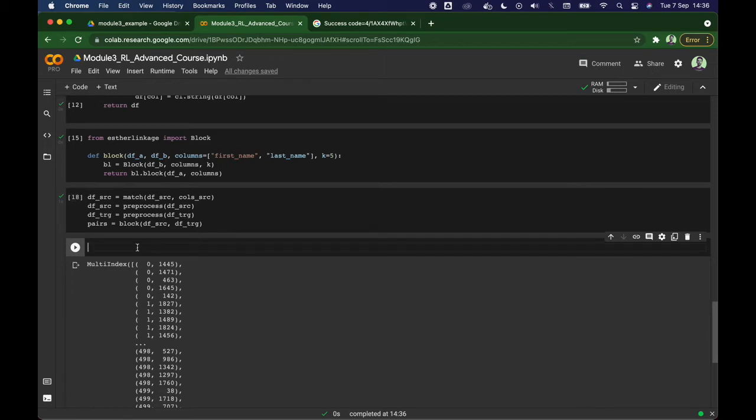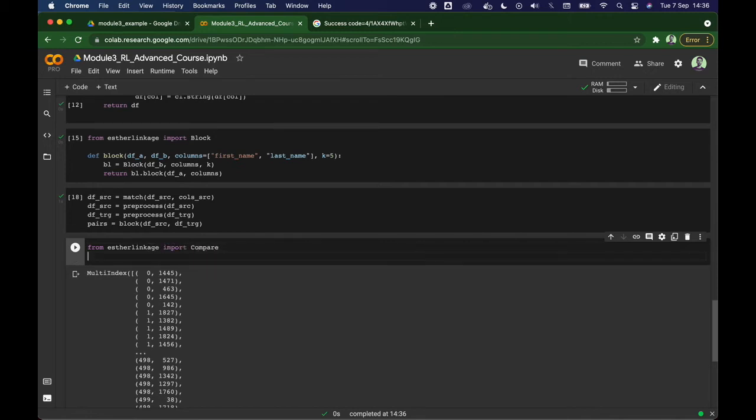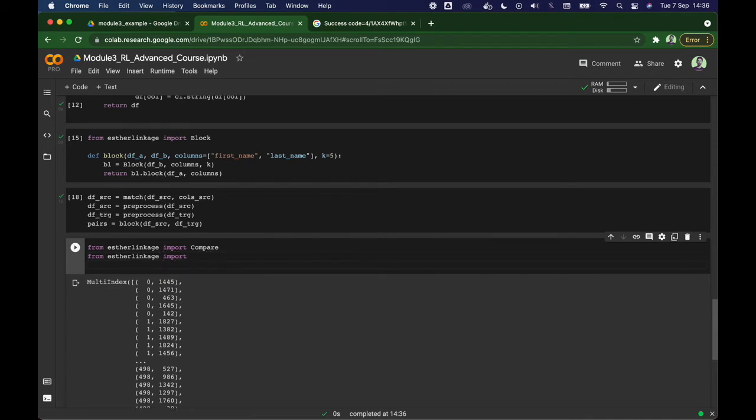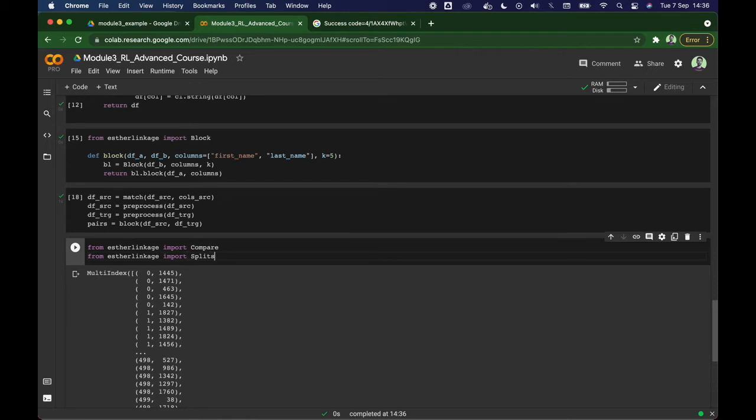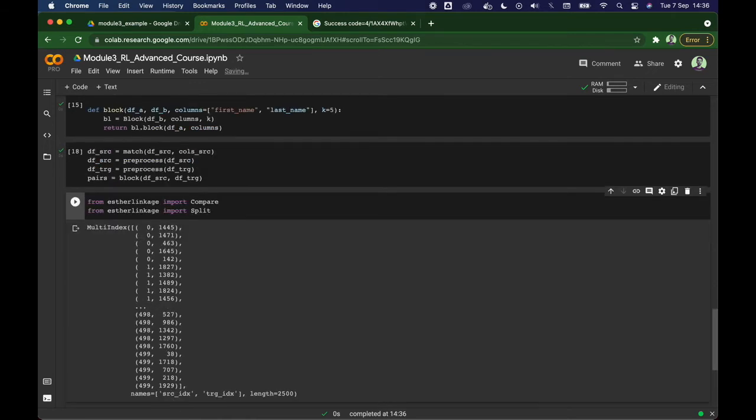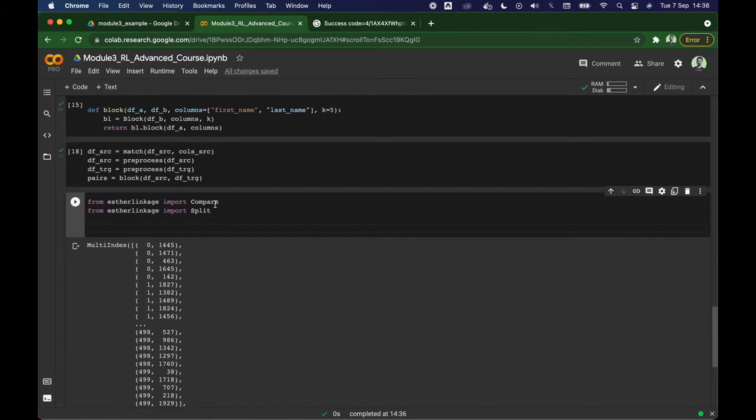So in this case, I want to do the same comparisons that we were doing in the previous course, and I also want to do within the same function the splitting. If you remember, that essentially prepares all the data to make it amenable for machine learning downstream. I'm importing the compare and the split helper functions that we've prepared for you, and we will